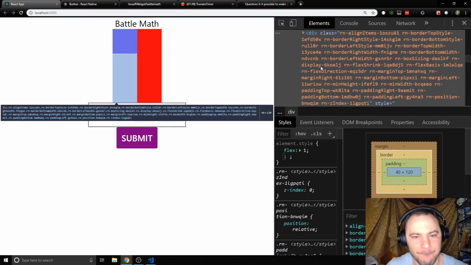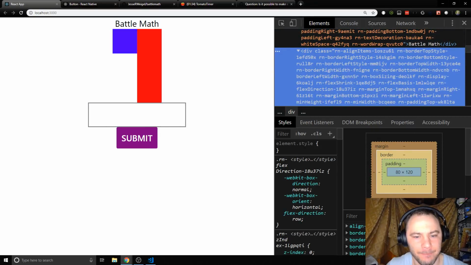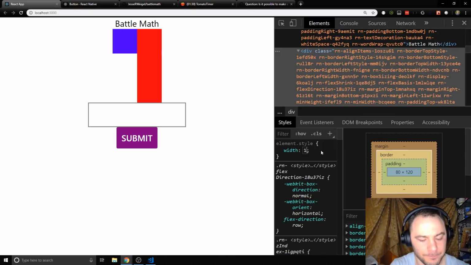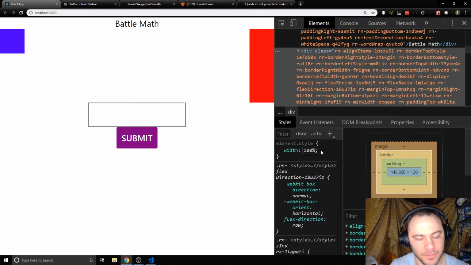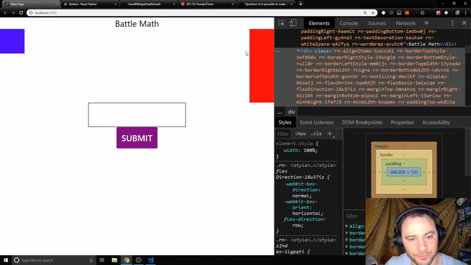Let's see if we can get it a width. There we go. Okay, so this is our battlefield container, we're going to give it a width of 100%. Alright, we're going to stretch out